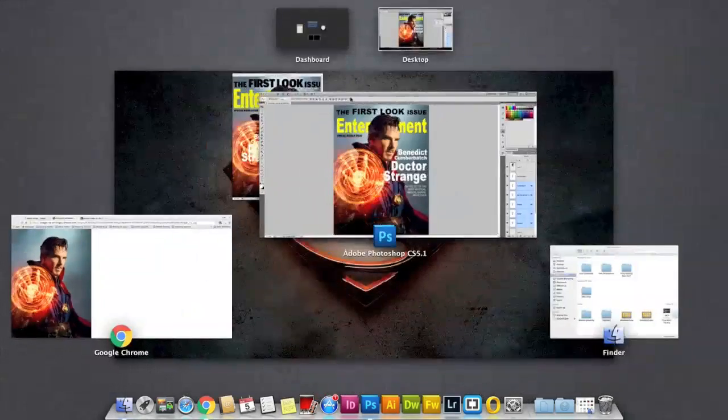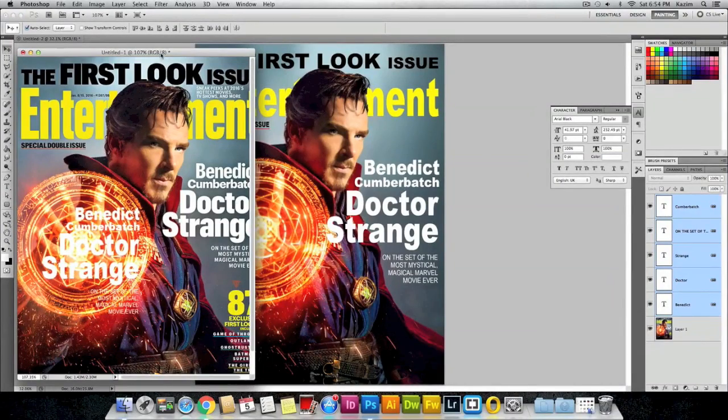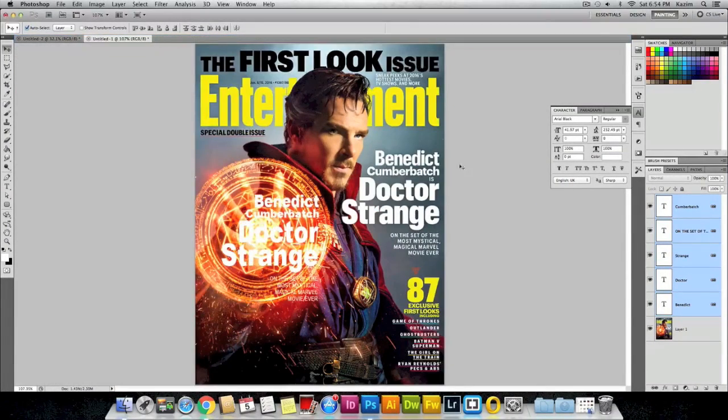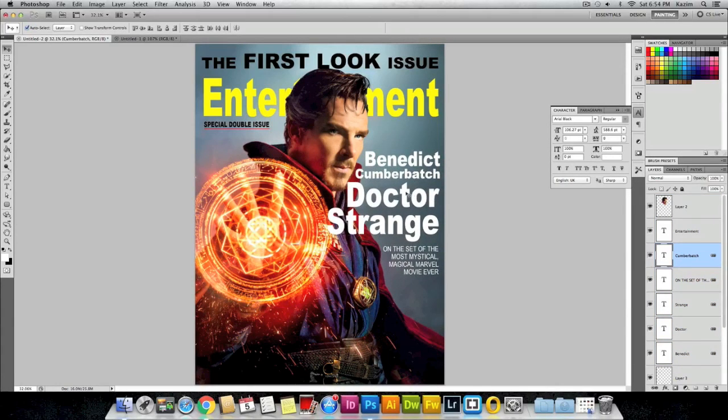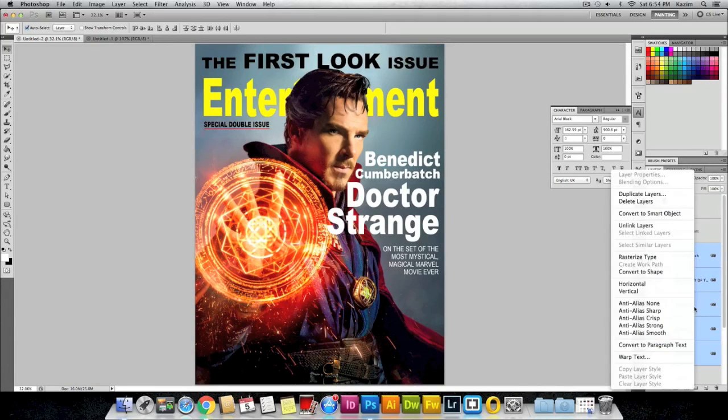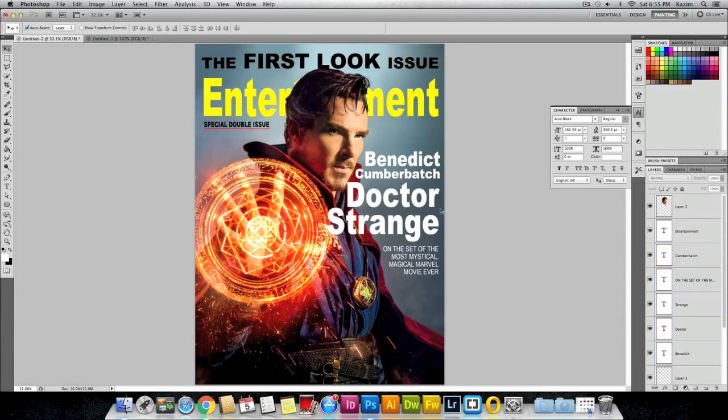I'll just navigate to the initial canvas, this one, and let's just see the text. It's a bit more upwards, and also we have to add the word S just above doctor. So I'll just click and drag here, and I'll just unlink these layers. Come up to the layers panel here, and while holding Shift on the keyboard I'll select these layers and right click and unlink layers. Now I can select this Benedict and move this up a bit with my arrow keys,